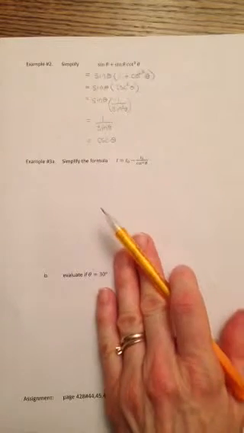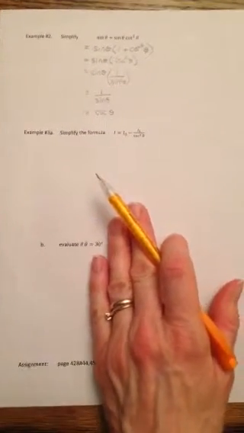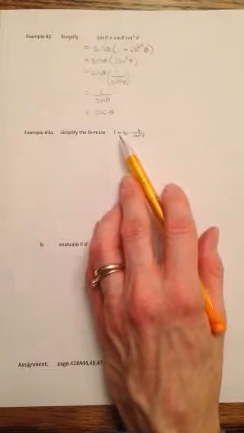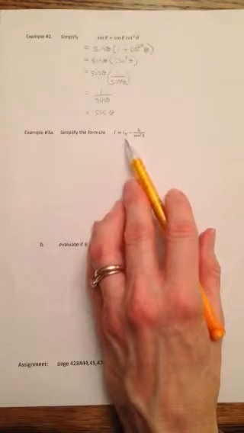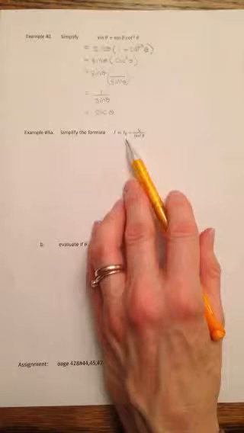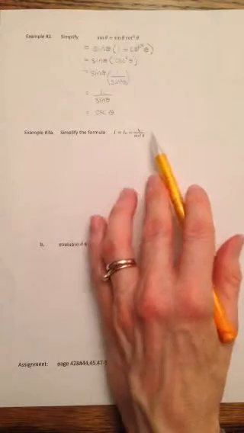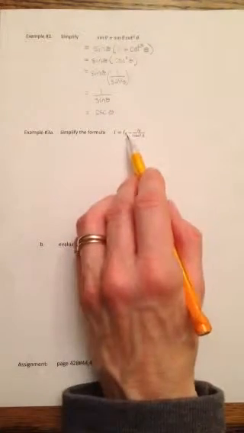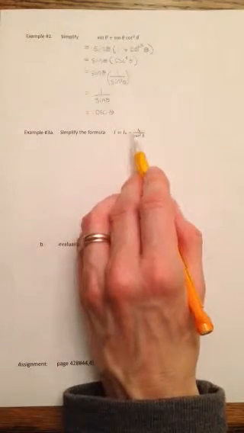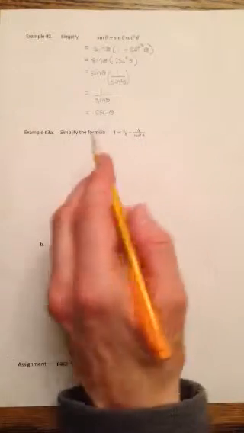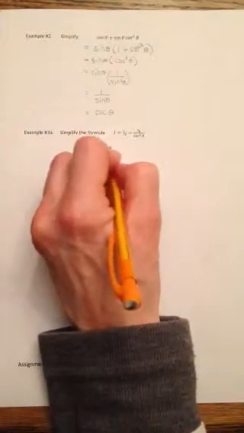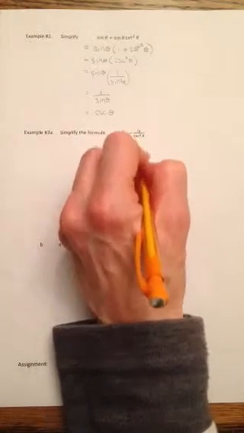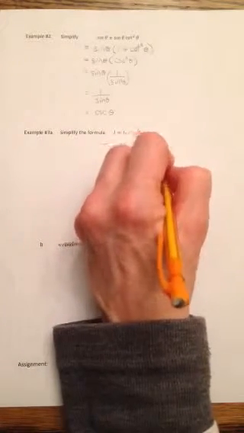One last example. This is a physics expression. It has to do with the intensity of light when it passes through polarized lenses, two polarized lenses to be specific. And so the first thing we have to do is simplify this formula. I notice again that there's an I0, this is the initial intensity, and so I'm going to take that out as a common factor. So I get I0 times 1 minus 1 over